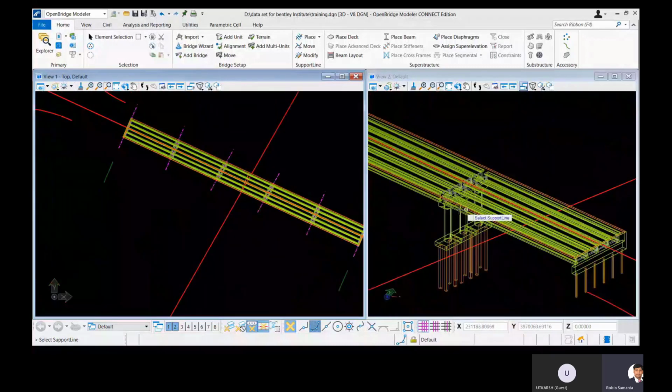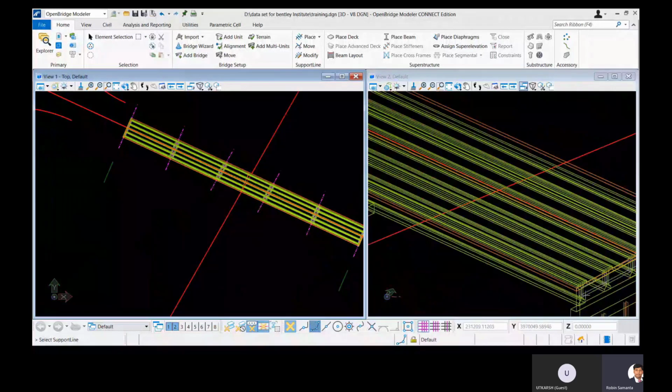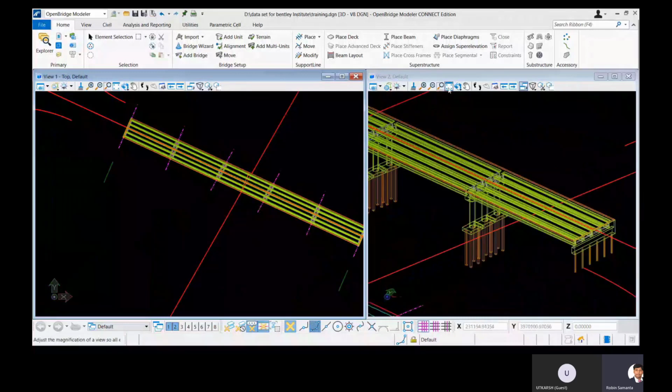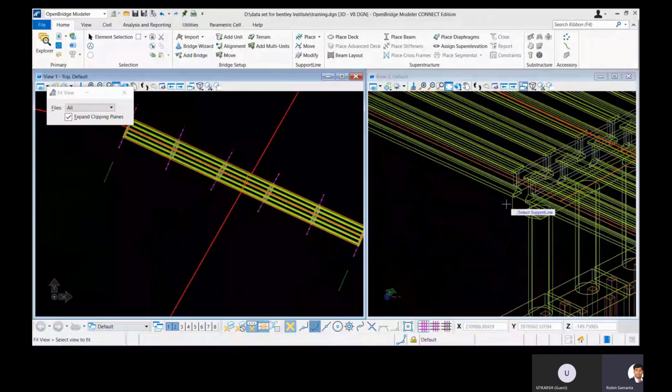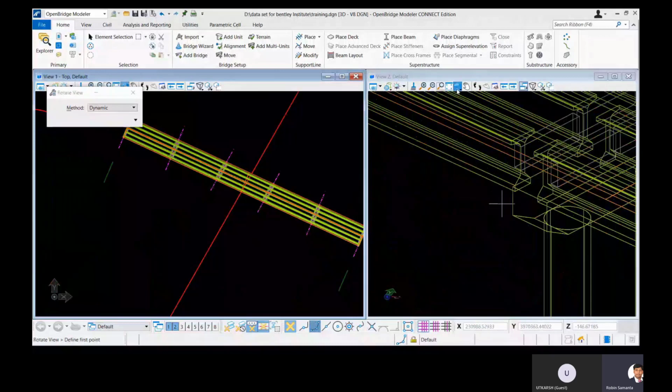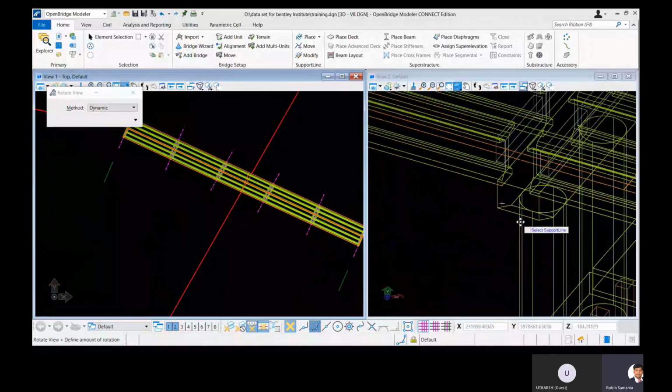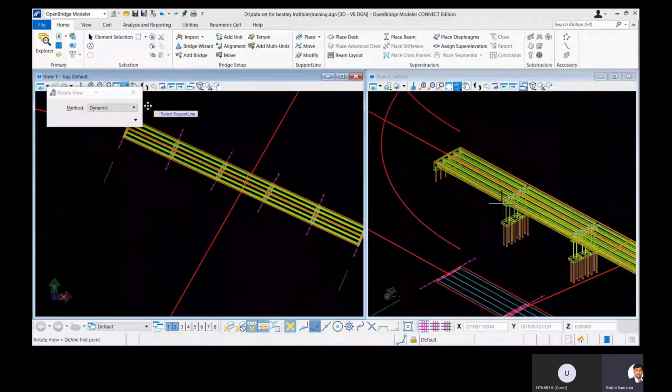As I said, the templates are predefined. We can see that we have defined a 500 millimeter offset from the support lines to the beam. So we might need to increase the pier cap width or the abutment cap width. From here we can visualize that we need to increase the cap width as well as the pier cap length. That's the same operation we will do. This will really help you during the modeling to see how your dimensions fit.